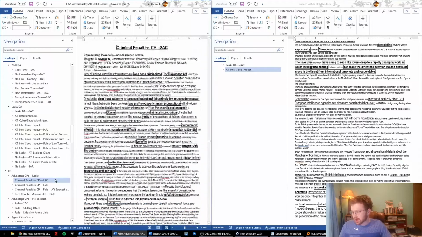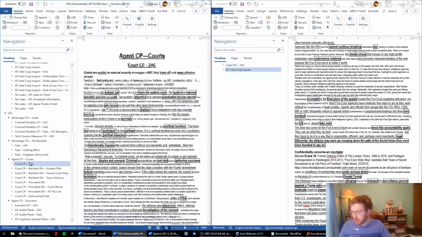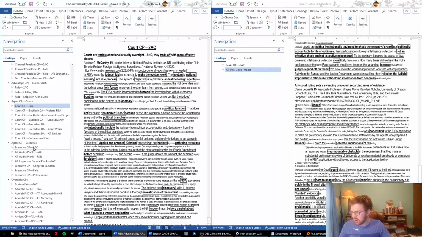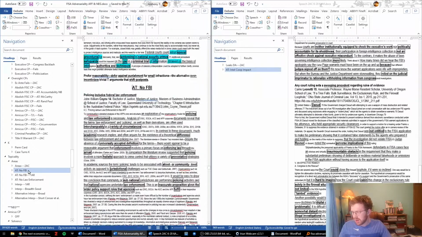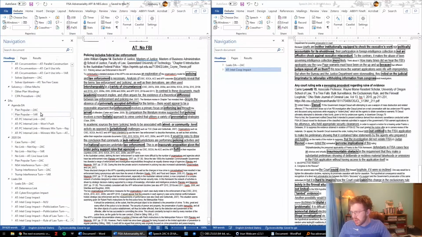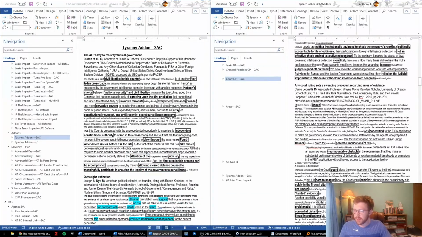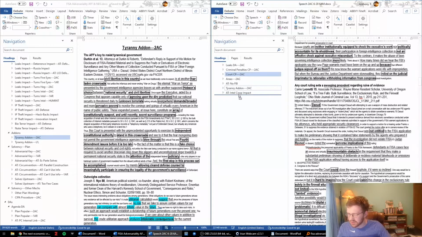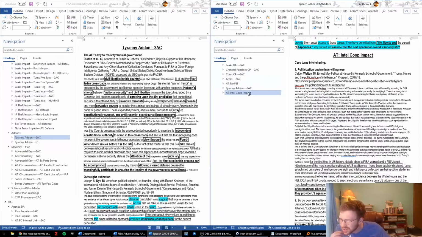Maybe they also read the criminal penalties counterplan. Maybe they read the courts counterplan. Maybe they read topicality, including saying that the FBI is not topical. And maybe we want to read a tyranny add-on. So as you can see, in the exact order that I sent everything over, well, okay, so this actually is